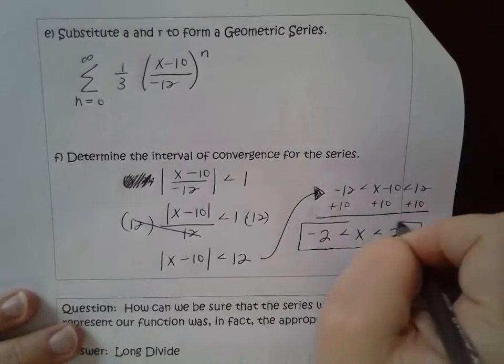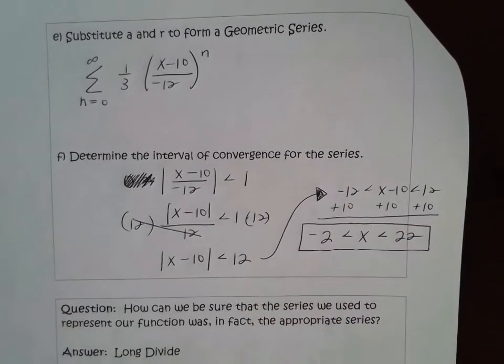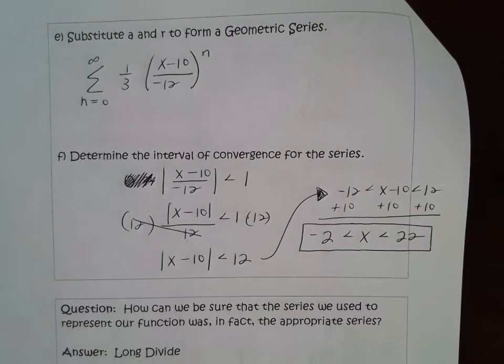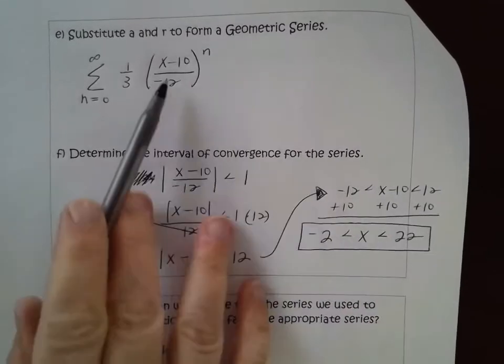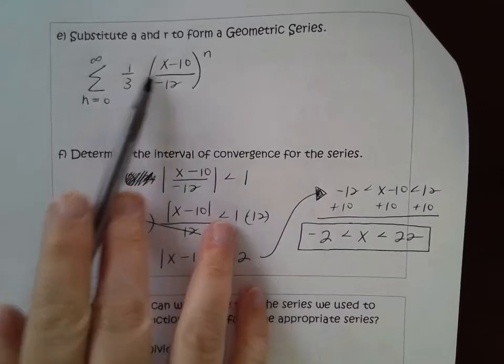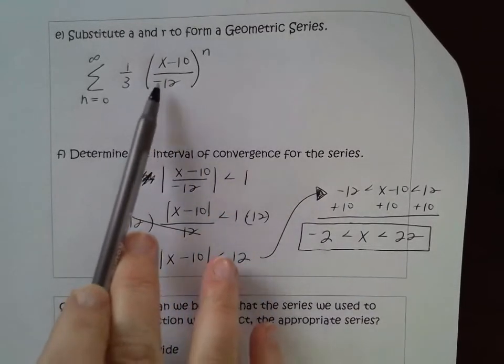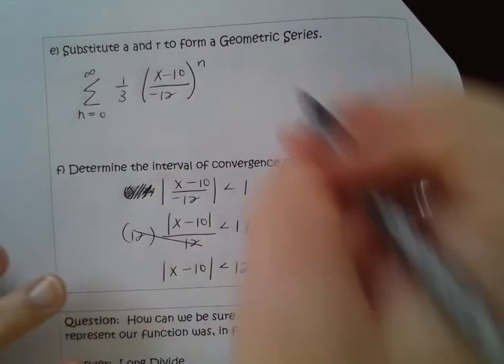Now, why would I not test endpoints here? We did in the last section, and that was because when I used my ratio test, I had a possibility of having endpoint convergence. I had a possibility of having a convergent series on either side, so I needed to figure them out separately. But if I plug in -2 into my geometric series, if you remember the reason for, again, I wrote it here,